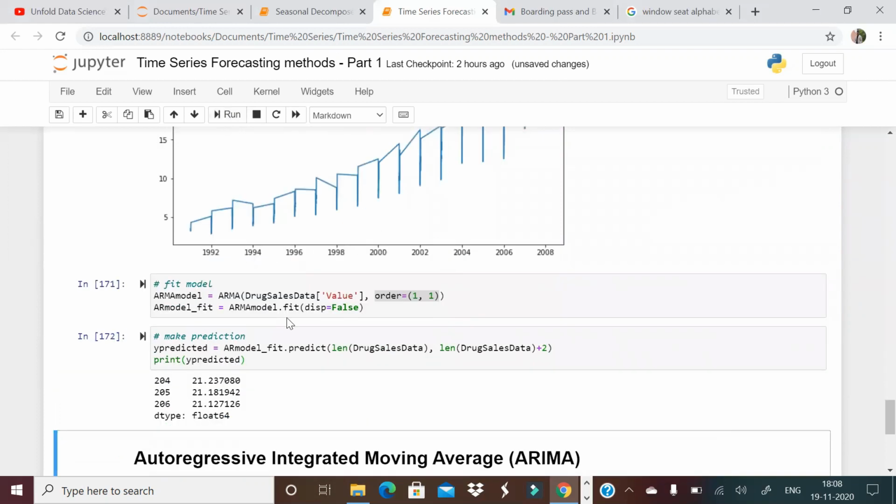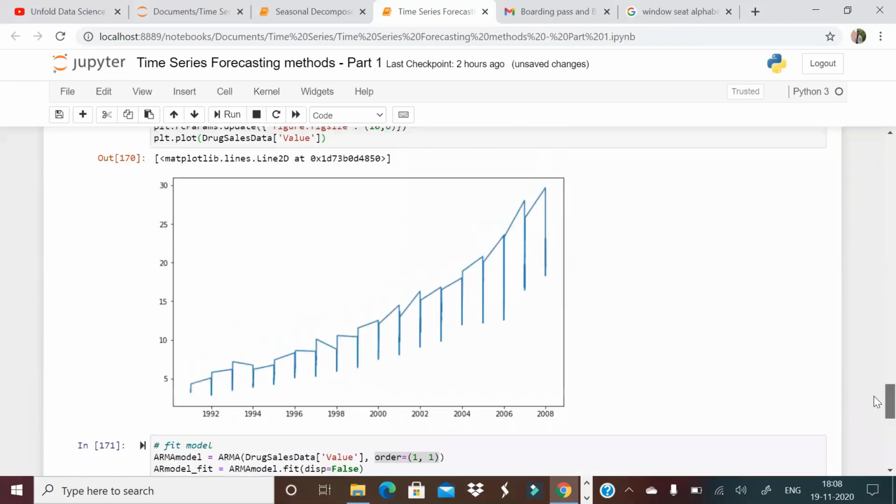I am predicting the next 3 values, and as you can see, when auto regression and moving average are combined, then all the 3 values are in the range of 21. Does it make sense with the original data? Yes, the original data is in the range of 20 to 30, you can see. So it is fine. 21 seems to be a good prediction here. This is about AR and MA combination.